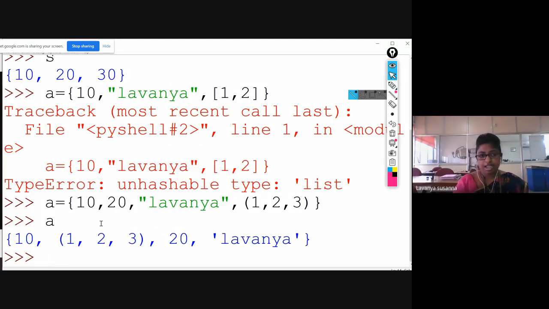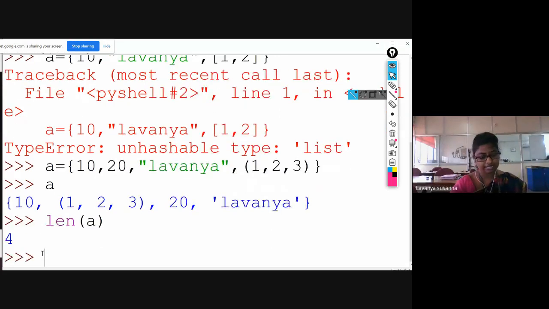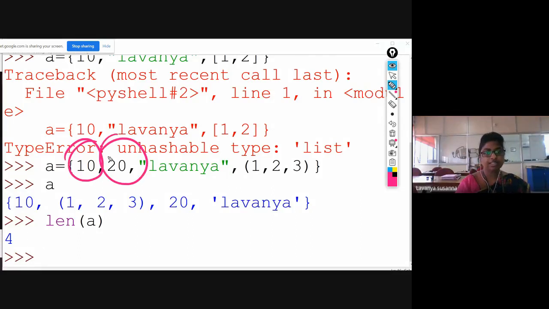Now, if you want to check the length of the set, you need to use the len function. len of A. I am passing A. A contains 10, 20, Lavanya and a tuple. See here, it has given 4, showing 4 elements. 10 is one element, 20 is another element, Lavanya is another element, and it is taking the tuple as another element, not 1, 2, 3 as individual elements.